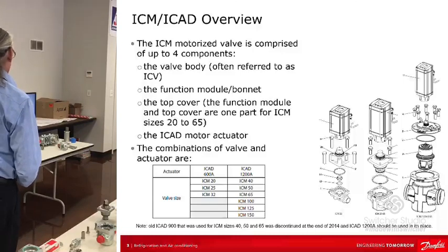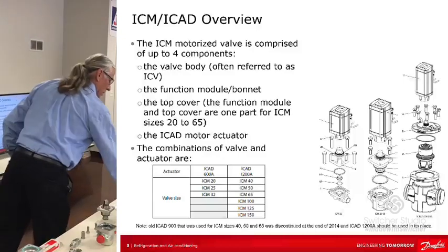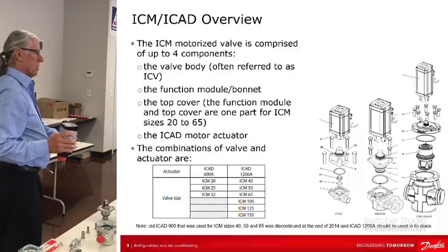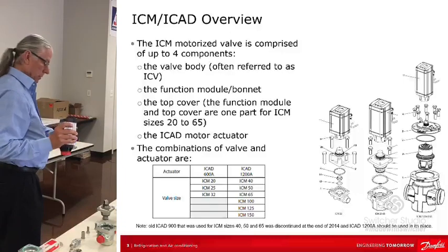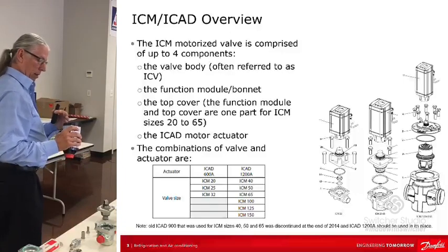You might ask, I'll go ahead and tell you what the A means. So A is the latest generation of our ICAD. It just means that's the second generation. So two things. They used to have the cable connectors actually part of this, molded in. Now it's a connector on the cable, okay? So that's new. And then also the A